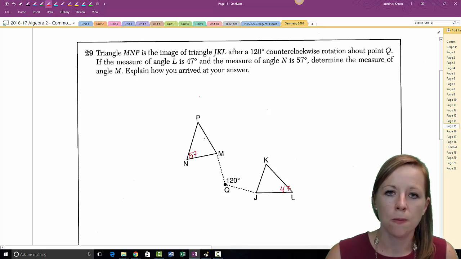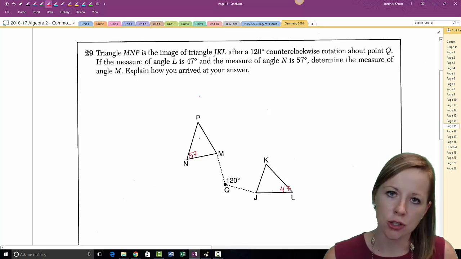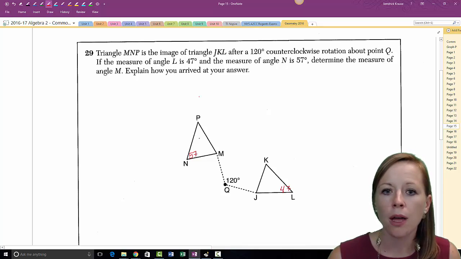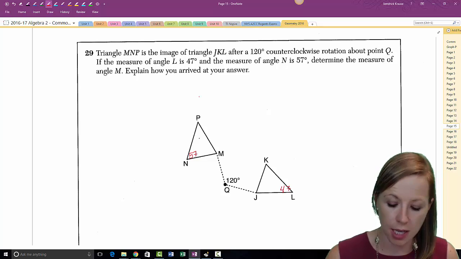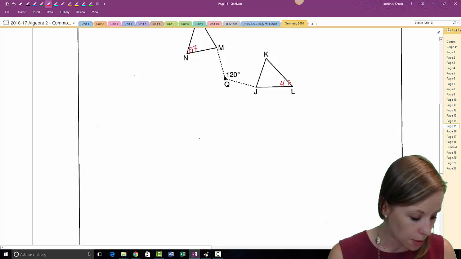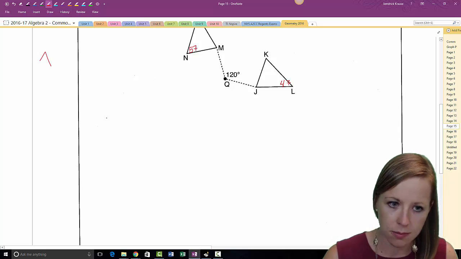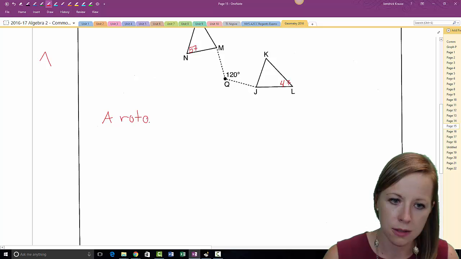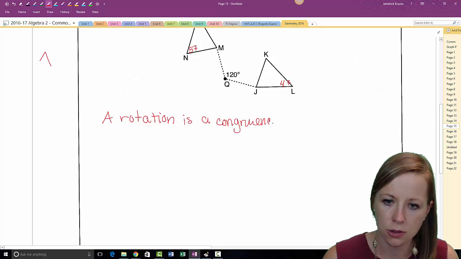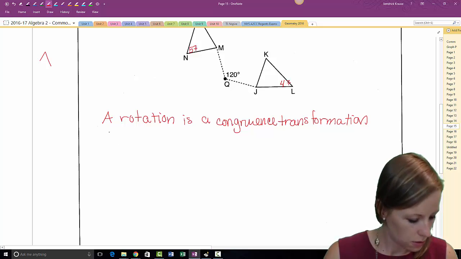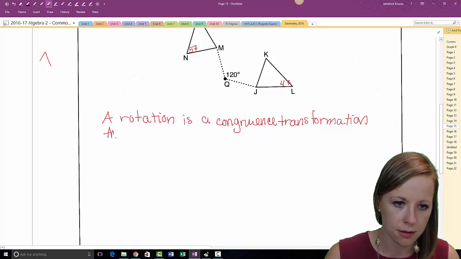Now, what do you know? You know it turned, but did that change the triangles at all? No, because rotations are congruence transformations. So here's what you did. You say out loud on your paper, a rotation is a congruence transformation, therefore